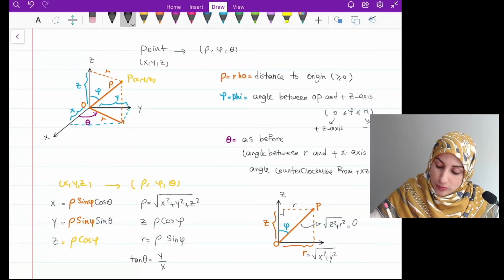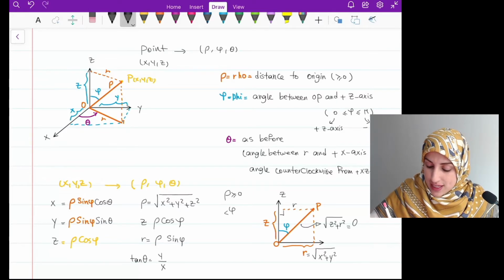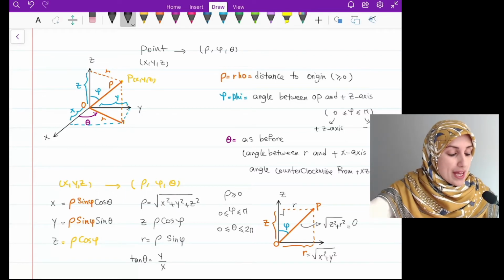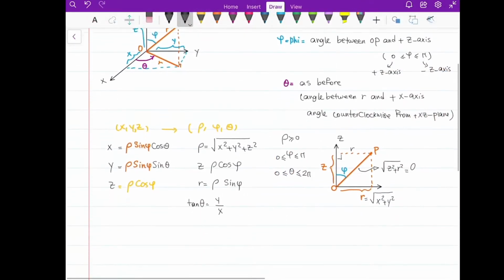Okay, so one more time, rho is always positive, phi is between 0 and pi, and theta is between 0 and 2 pi. These are the bounds for rho, phi, and theta. Okay, let's go over some examples. And the example 1,